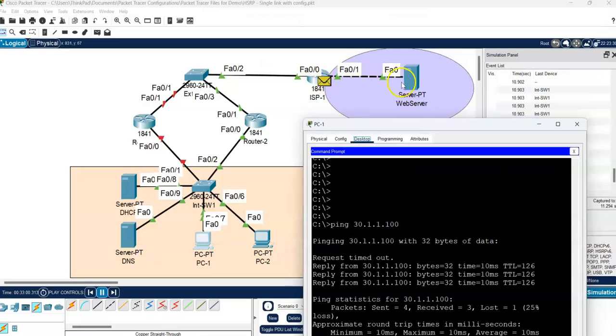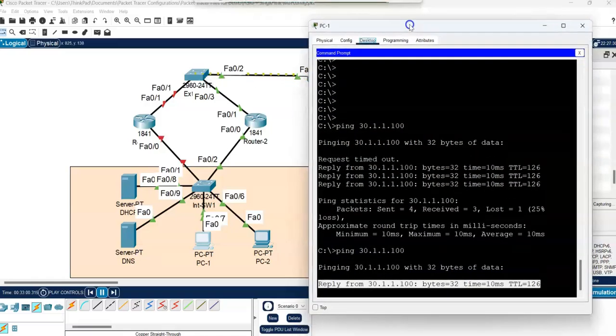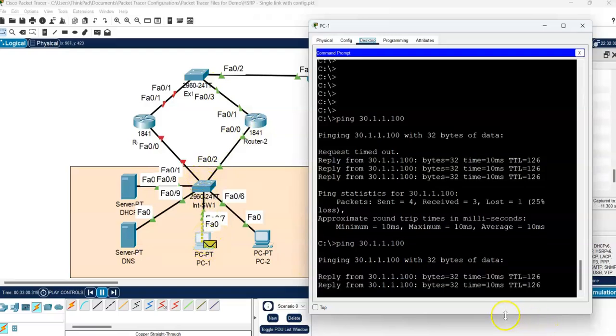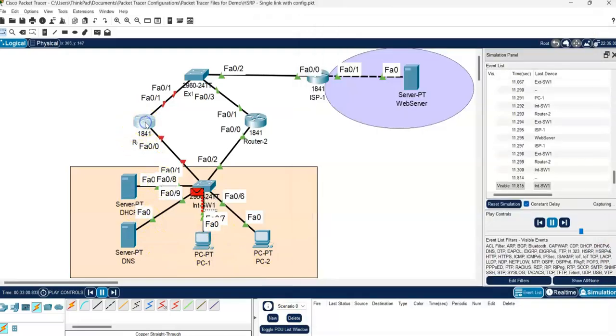ISP router knows the destination IP, which is the server. Server now responds and then comes to the gateway. Gateway is the ISP. It now forwards back to the switch here, and the switch knows where the traffic came from, to the router. Router sends back to the destination, which is at the end, and then it will be ticked. So you see, if I now bring this back, if I switch on this router,